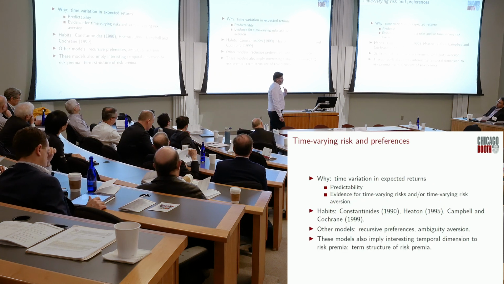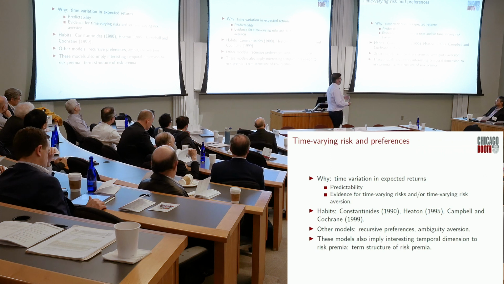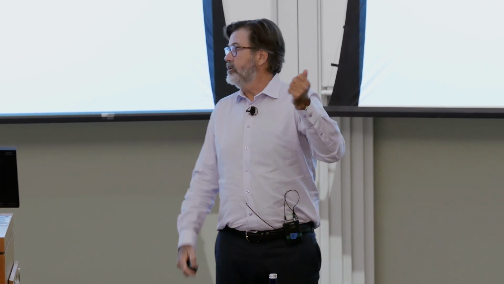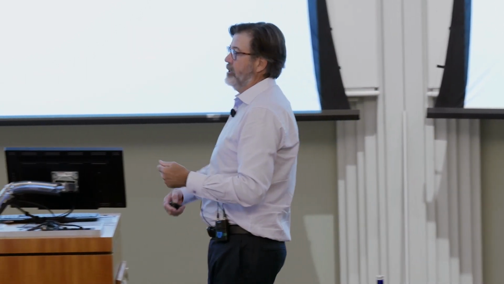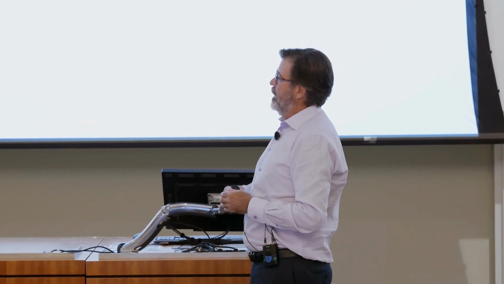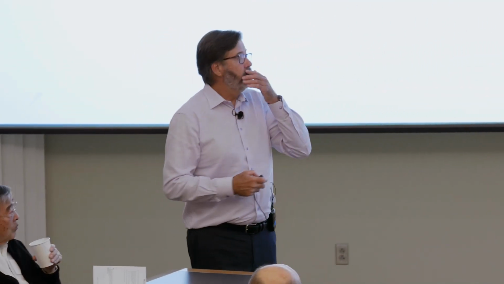Okay, so the literature, of course, has said, well, this straitjacket of the CRRA model has problems because we don't see a lot of variation in consumption to explain either differences in average returns or predictability, like time-varying risk premia. So is there evidence for that time-varying risk premia? The answer is yeah. I think Ken was talking about why there is excess volatility. Because of time-varying required returns or time-varying expected returns.